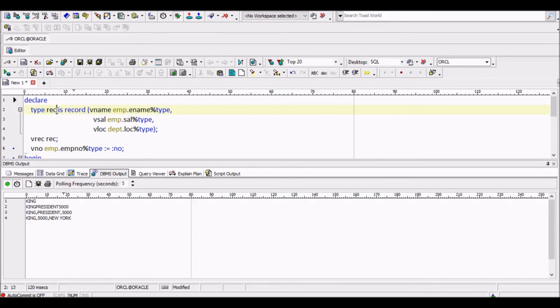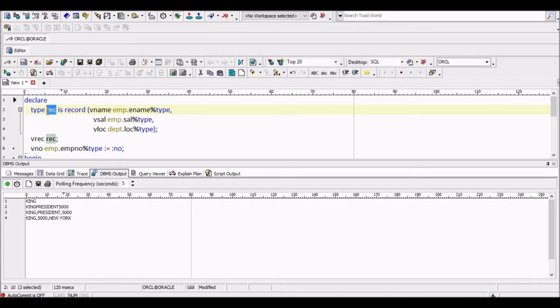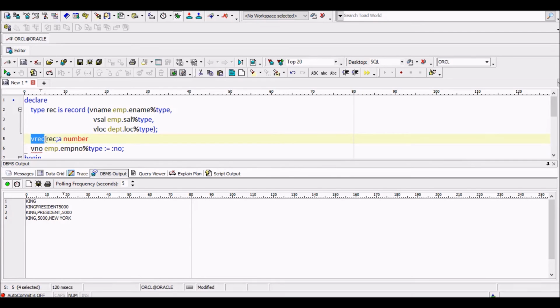So this is the data type name, like number, like char; we are defining our own data type over here. Its data type name is rec. Vrec is a variable. Like we write a number, a is a variable name and number is a data type. Vrec is a variable name and rec is a data type over here.